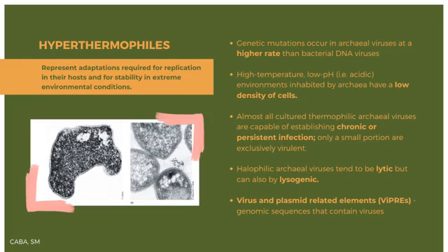hosts. Genomic sequences called virus and plasmid-related elements, or the VPREs, contain viruses and other MGEs like plasmids that integrate into the host genome, forming groups of genes that can move between viruses during recombination. This allows for new viruses to be created through reassortment, and this type of combination has been proposed for why haloarchaeal viruses within Halopanivirales and Pleiolepoviridae can have the same core structural proteins but different genomic characteristics and replication methods.